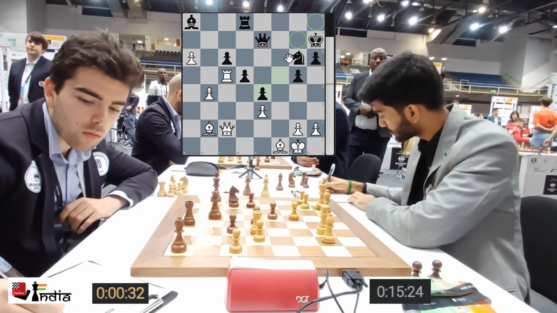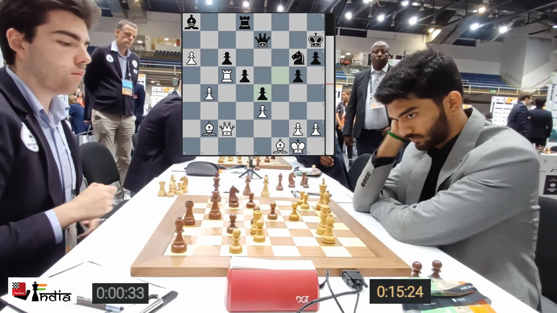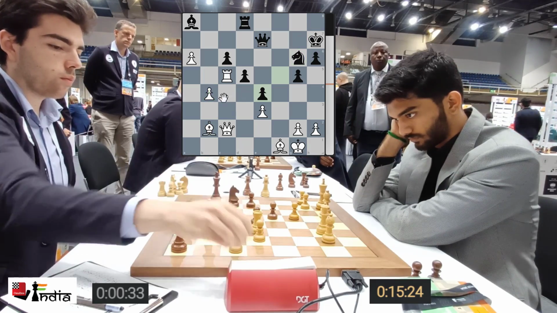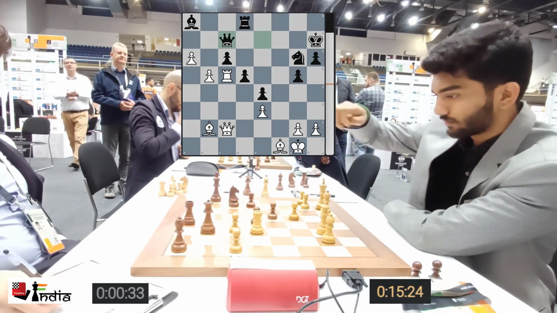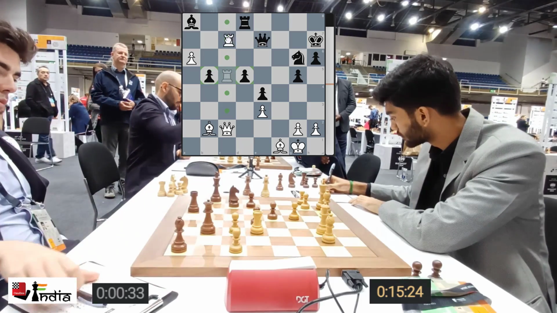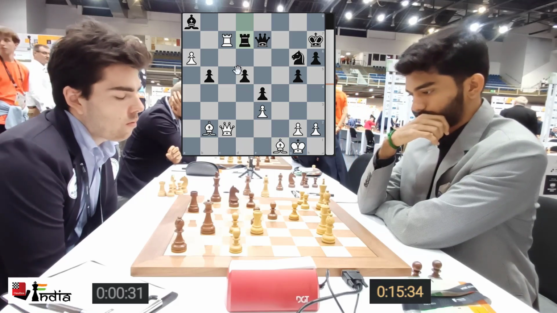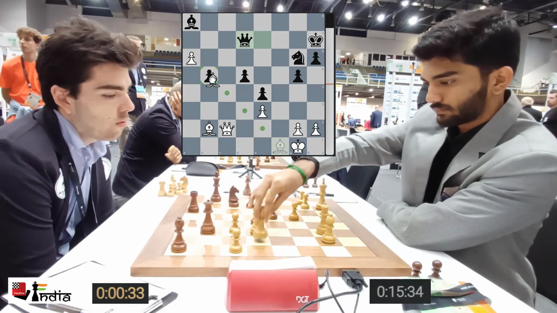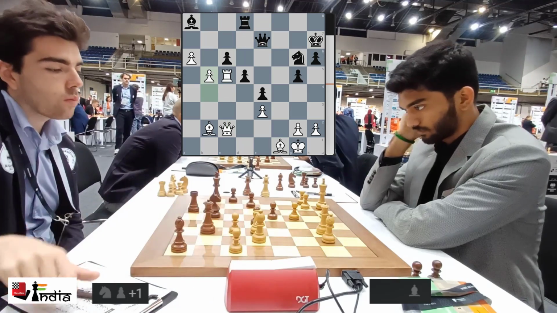Of course, the squares are all covered by the knight and the queen for the time being, but not for long, not for long. There's a b5 break lurking around. He goes b5, queen c7 played. He takes here. The main problem with taking on b5 was rook c7 takes, and bishop maybe after takes bishop b5, because if you take this queen c7 check. So that's the reason why he played queen c7.